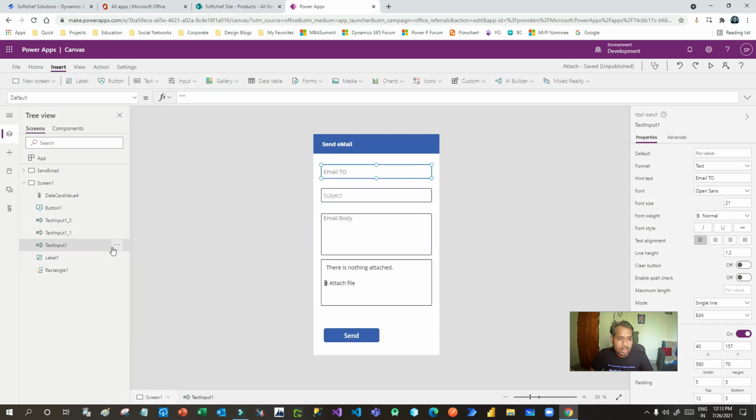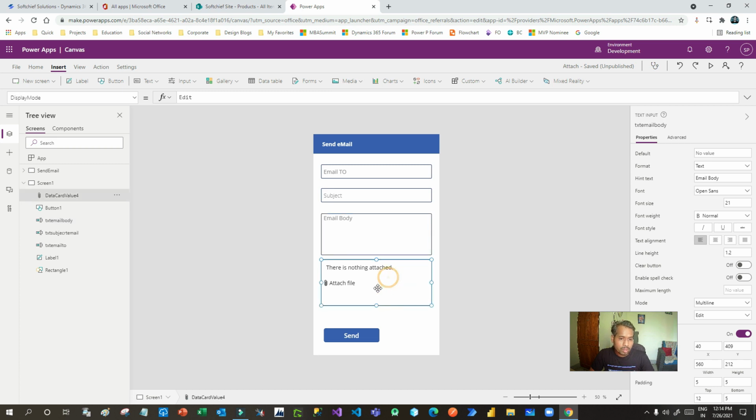Okay, let me change it to txt email 2, and the second, for subject, I will change to txt subject email. So give a proper sensible name so that you can use it properly. And this is for txt body, so txt email body.